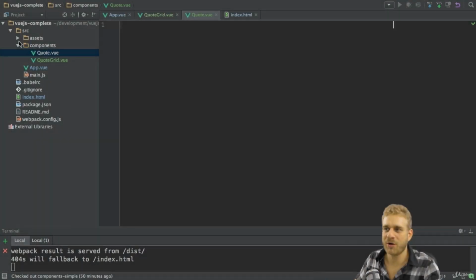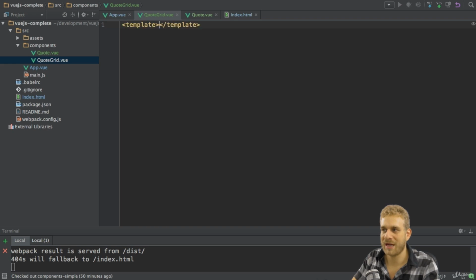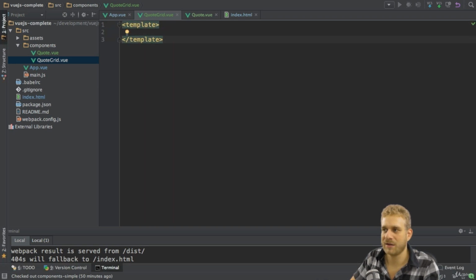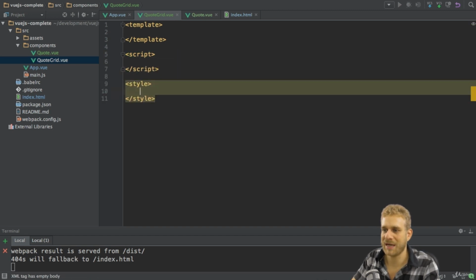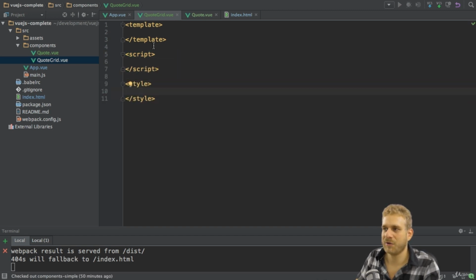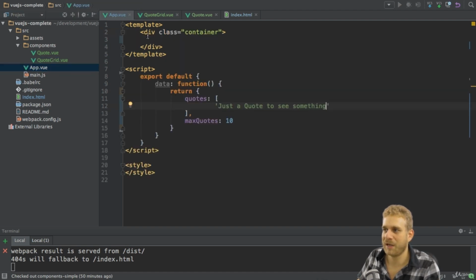Let's start with working on the quote grid component. Here I of course will also have my template and then some script. I also want to have a style here, so let me add that too. And what I want to do is in the template, remember here in the app file we do have a